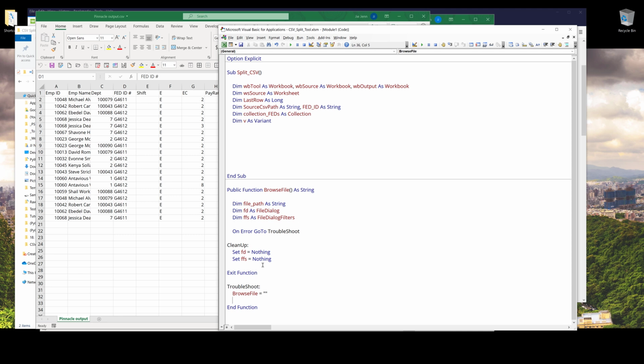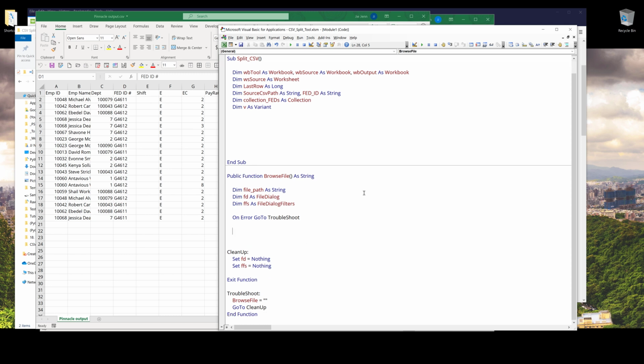And go back to the troubleshoot label. Once we assign the function output to an empty string, I want to go to clean up label. So go to clean up. And here we're going to create our window dialog to select the file. Here I'm going to type set FD is equals to